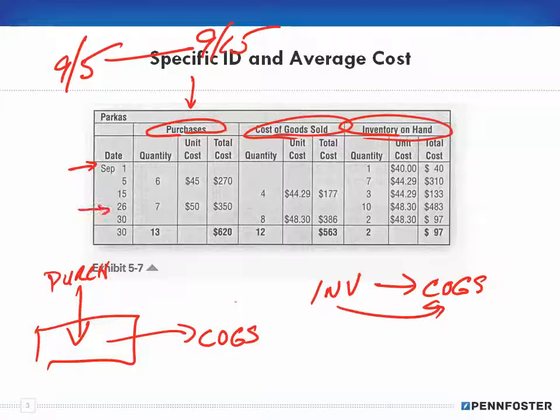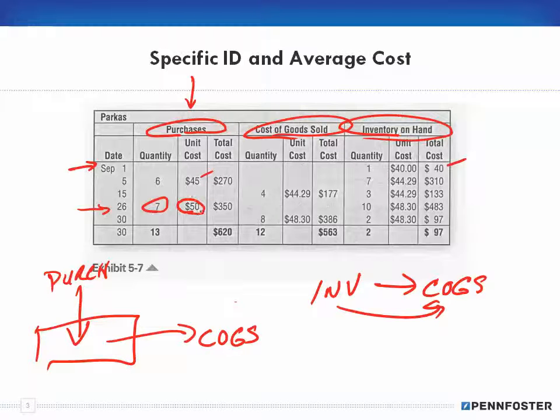So now it's 9/26 and we're going to buy 7 more. Well, when we go to the store, those 7 cost $50. Remember, our first one had cost 40. When we bought 6 more, they cost 45. Well, now the price has gone up to 50. The total price on the invoice for the 7 at 50 is 350, right? So I have $133 of what the value in my inventory was, and now I'm going to add 350, which gives me $483. So now that's the value of my inventory on hand, but